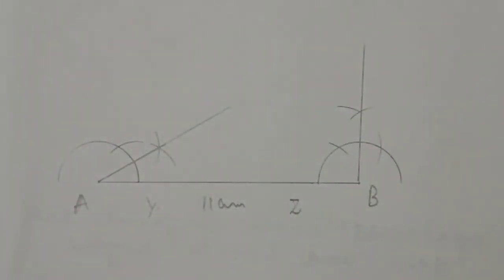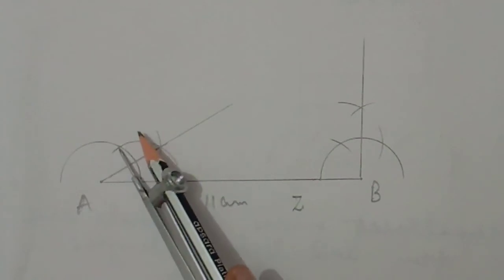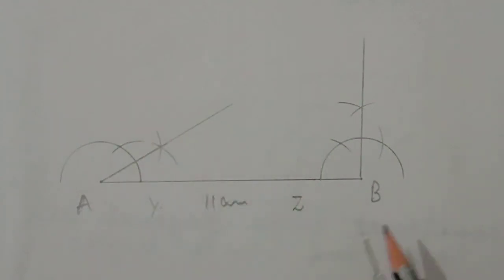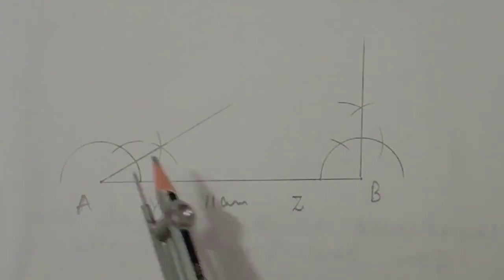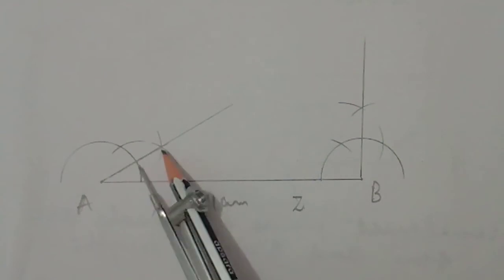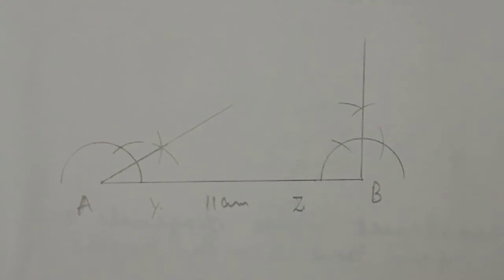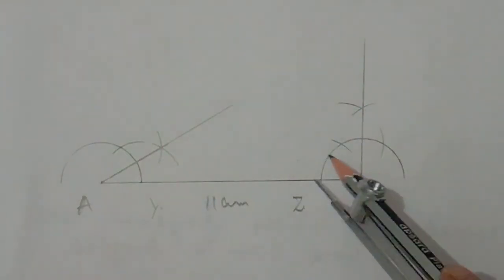The next and the most important step is that we have to bisect both the given base angles. It means we have to bisect the 90 degree and we have to bisect the 30 degree. And the most common mistake done by students is that they think 60 degree is already bisected as 30 degree. No beta, 30 degree is the given angle. We have to bisect the given angle. If we just make the given angle, which is 30 degree, it is not the required bisection. So we have to bisect the given angles, 90 degree and 30 degree. So we have to make 45 and 15 degree.